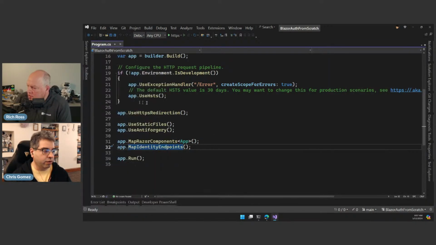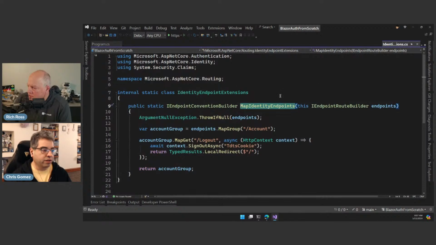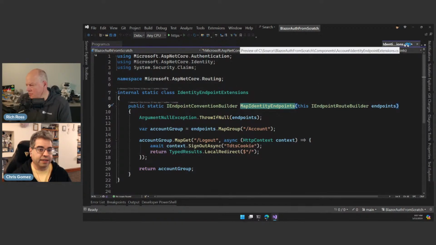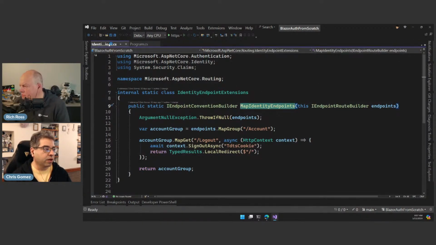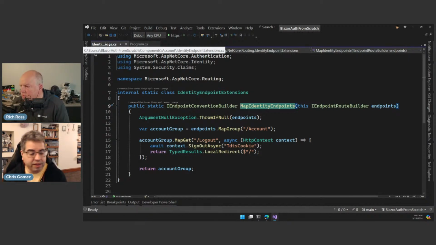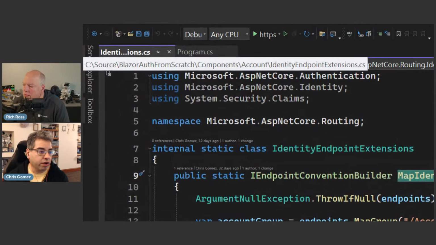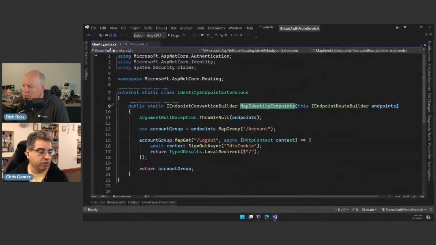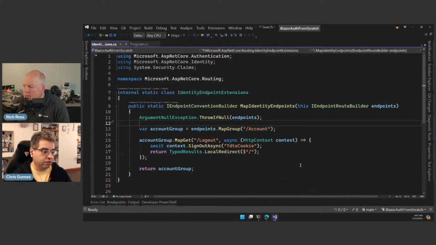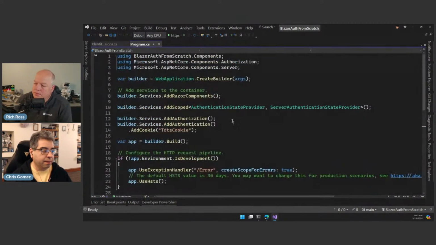So when I say go to implementation, we are going to go to this identity endpoint extensions CS. But the important thing to note is this is our code. This is code that I specifically wrote. And all it does is it provides logout. So if we walk through it very quickly in program CS,